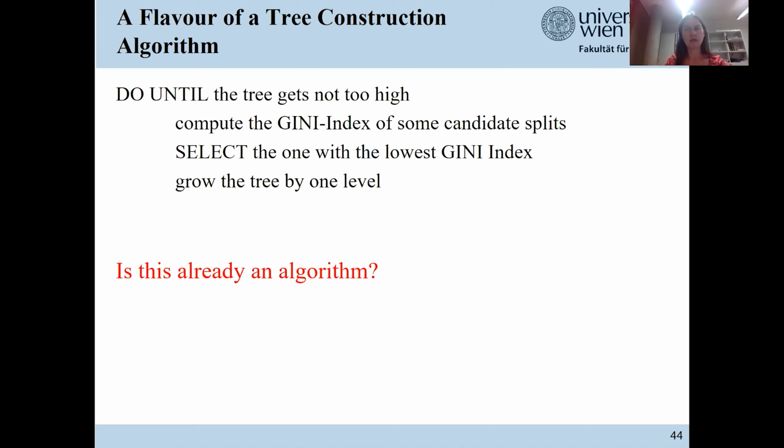But as I said, that will generate an overfitted tree. Therefore, most existing algorithms have some threshold on the purity of the leaves, and that must be much more clearly specified. And then, compute the Gini index of some candidate splits.